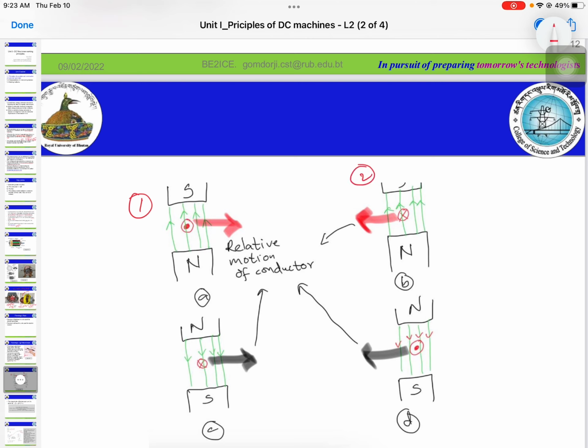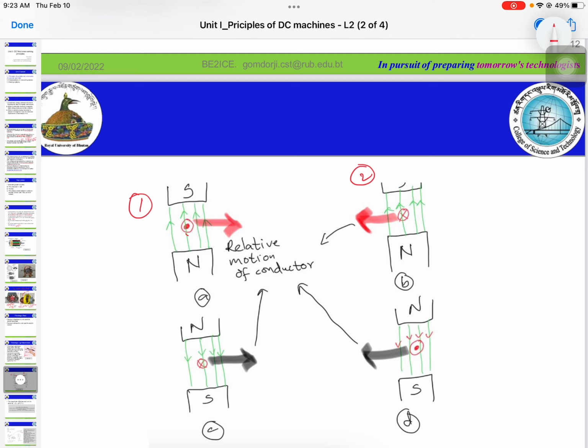In these two figures, the magnetic flux direction is from north to south, in the same direction, and the relative motion of the conductor in the first figure is from left to right. In that case, if you use Fleming's right hand rule, the EMF induced in this particular arrangement is